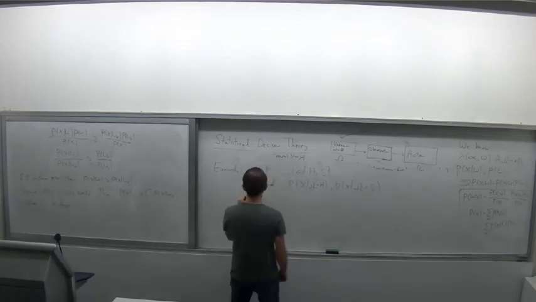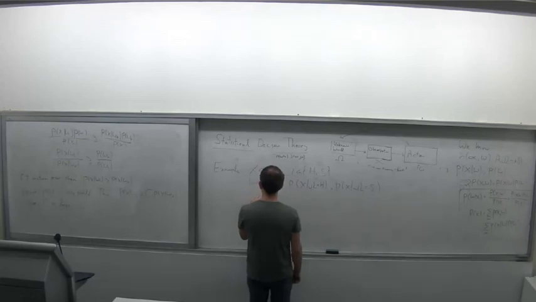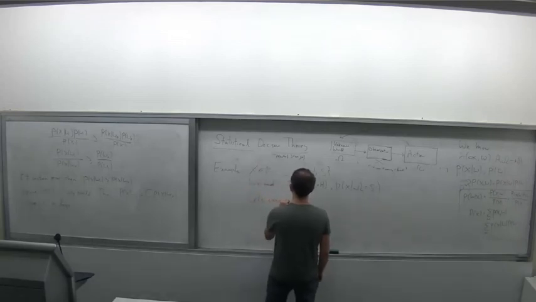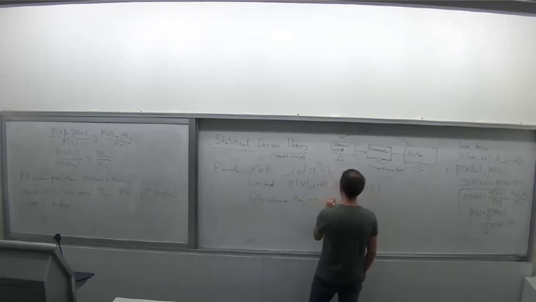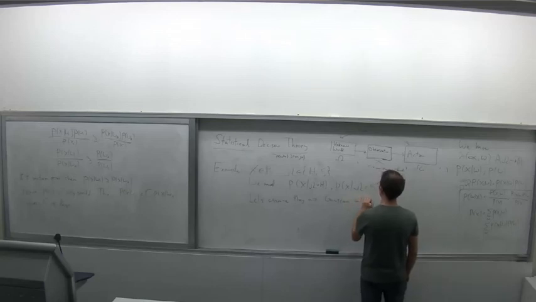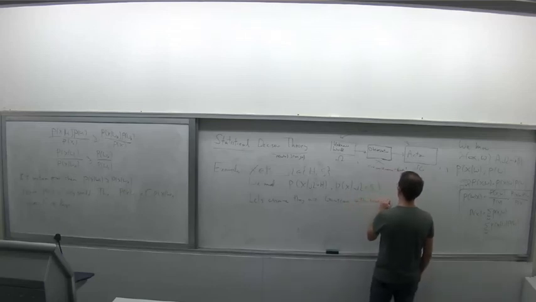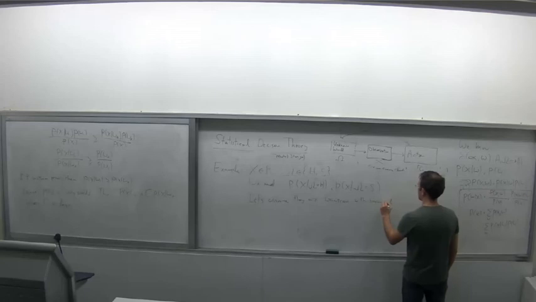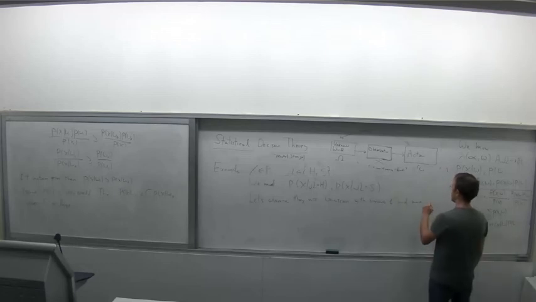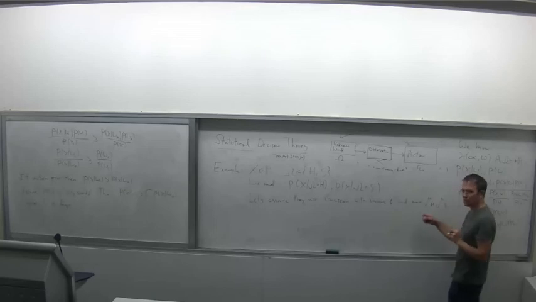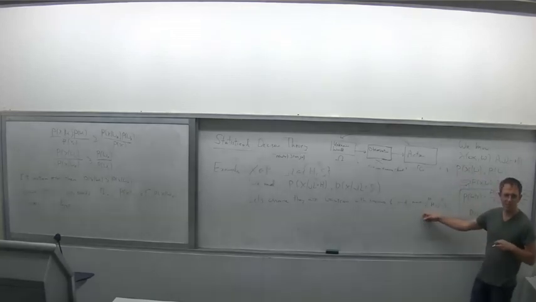So let's assume both are Gaussian, with variance 1 and means, let's call them mu h and mu s,